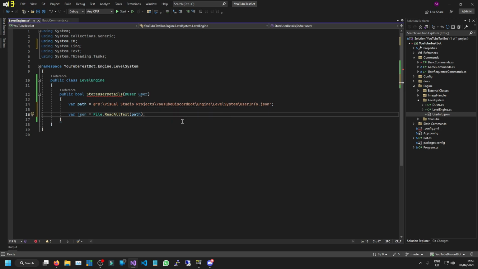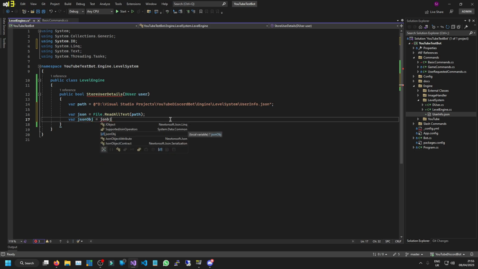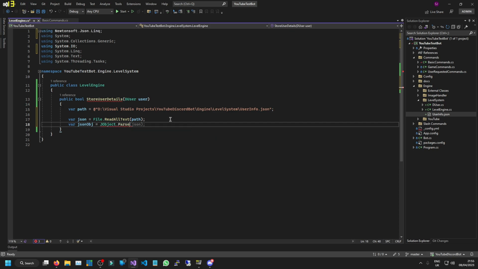So we've read the JSON file, so now we actually need to parse it. So we say var, let's name this JSON object, and then we say JObject, and then Parse, and then we parse that JSON file that we just read. So we've read it, we've parsed it as an object. So now we need to actually